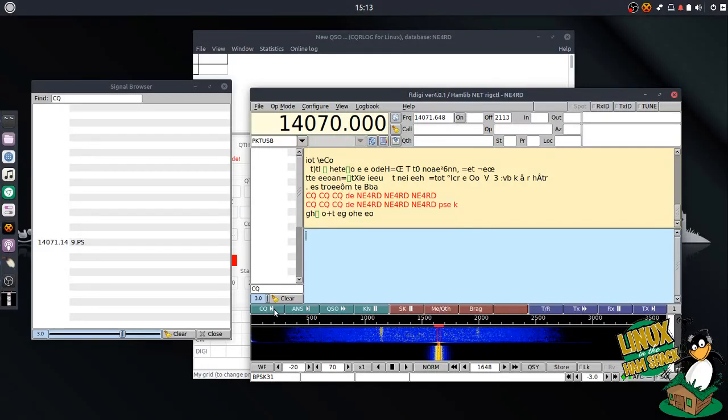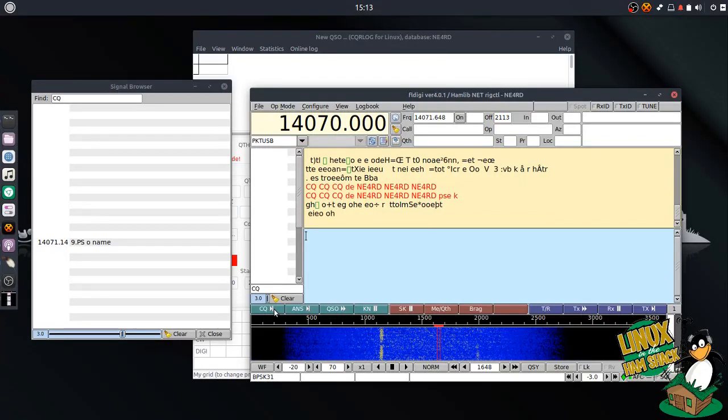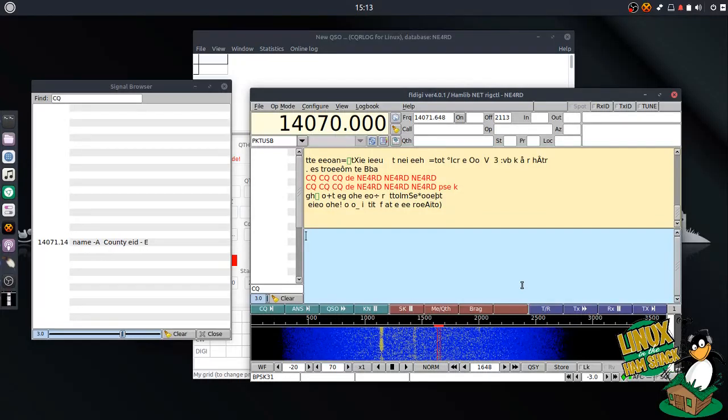I probably won't get anybody coming back to me for the purposes of this video. Again, I'm on an end-fed half wave that is not very ideal for the upper bands. It primarily is my 40, 80, and 160 antenna. It sort of works here. Obviously, I was able to decode and work that other station on 17 meters, but not always the best